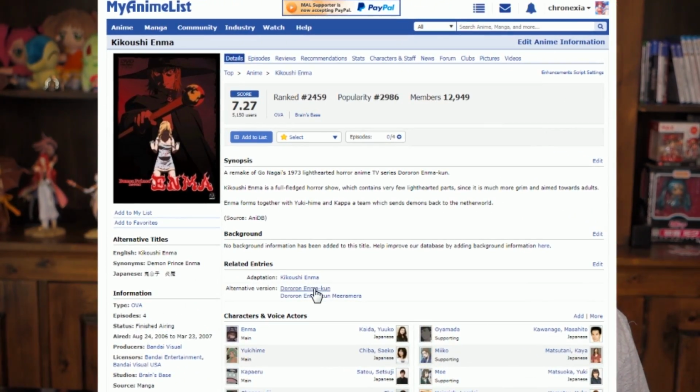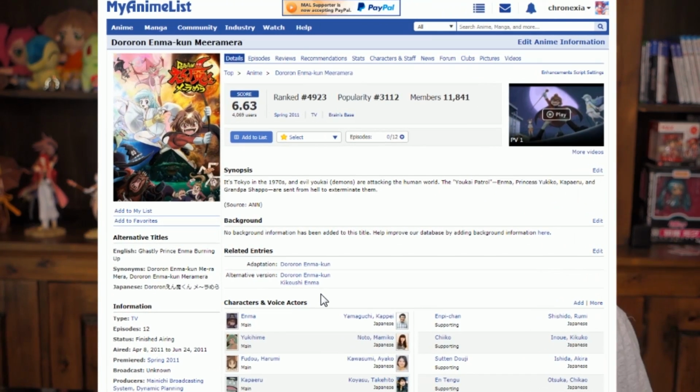There's kind of two versions about it. There's the WTF version, and then there's the really dark version. Kikoshi Enma. Kikoshi Enma is the dark one? Yeah, that's the one. And there's also the weird one. I think it's this one, isn't it? Yes, it's this one. This is the weird one with the bees that stung the girl and she blew up